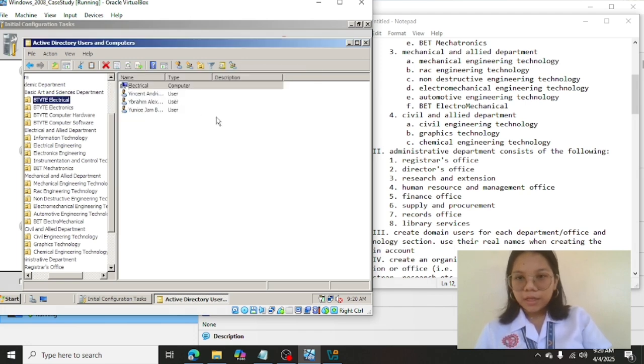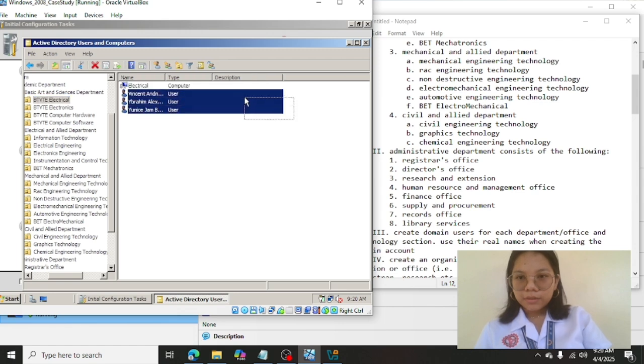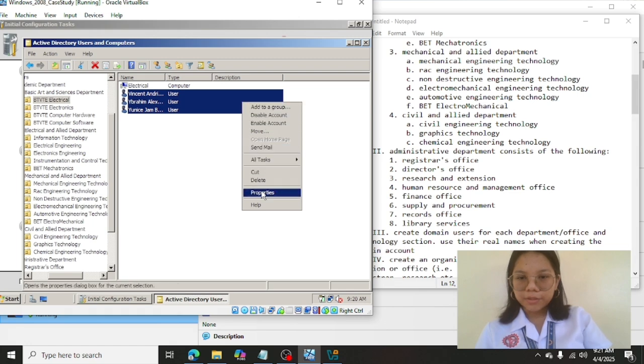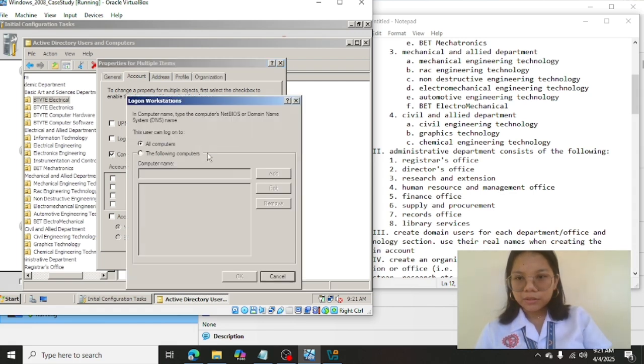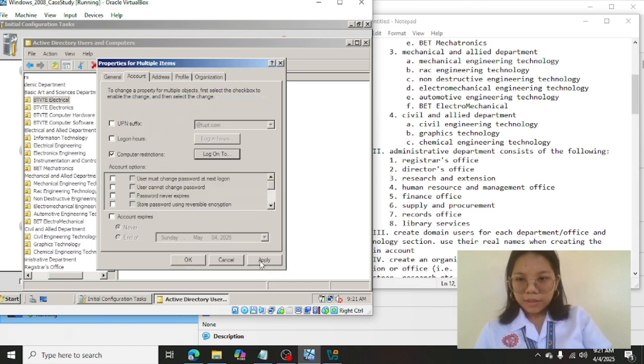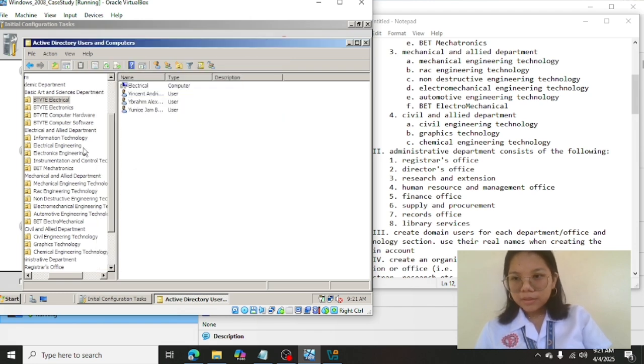Then right click the users, go to Properties, go to Account, and click on Logon To computer restrictions. Type in electrical. So just do the same thing again with the other sections.